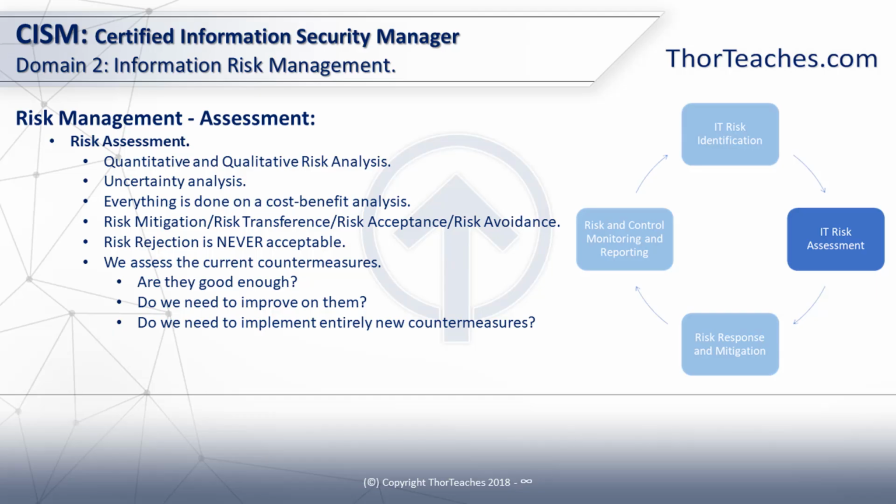We would most often also do an uncertainty analysis, because all this hard work is really just your best guesses. If this happens, then this is how bad it is. We don't have a magic crystal ball where we can see all the right numbers, but our hard work and our due diligence and our due care should give them a reasonably accurate picture of how bad the risks are and how much the mitigation would cost.